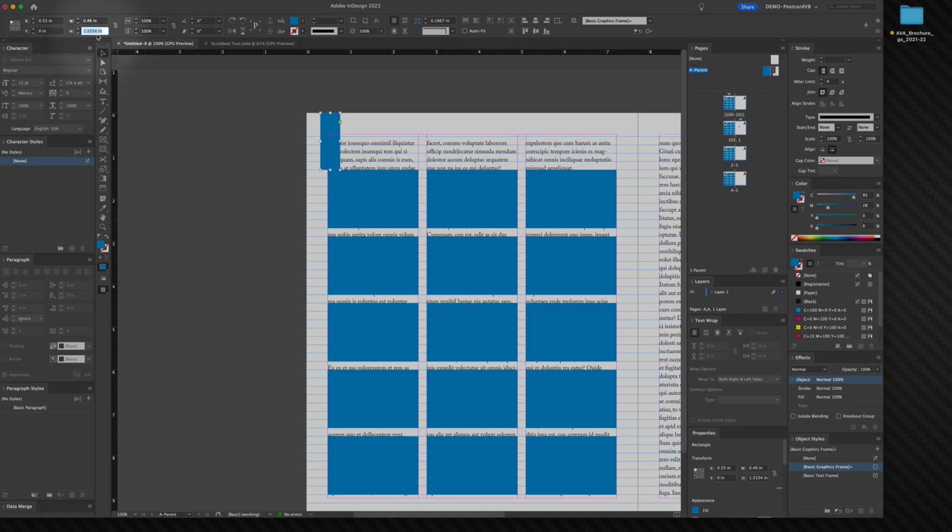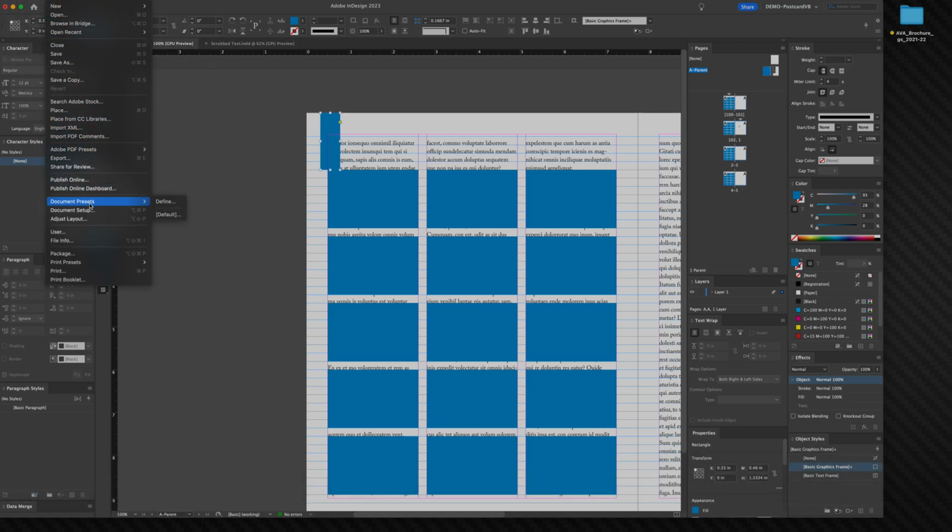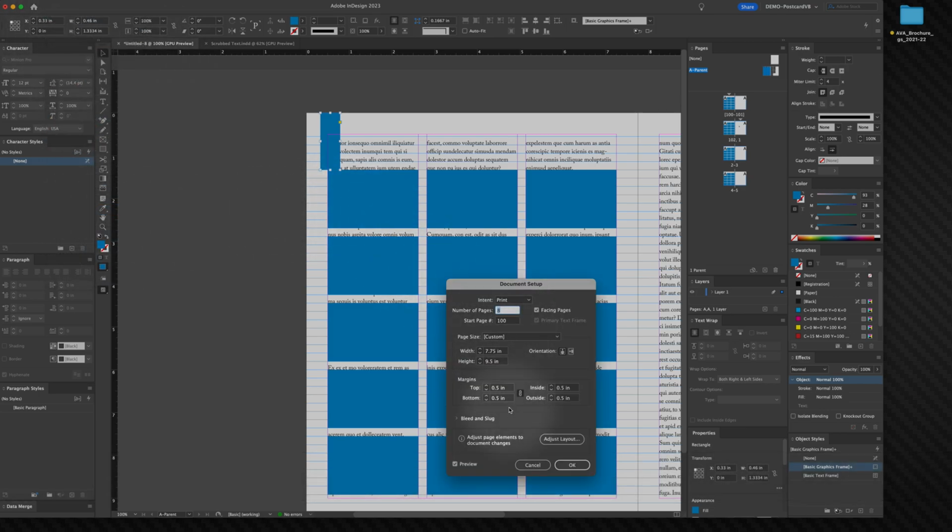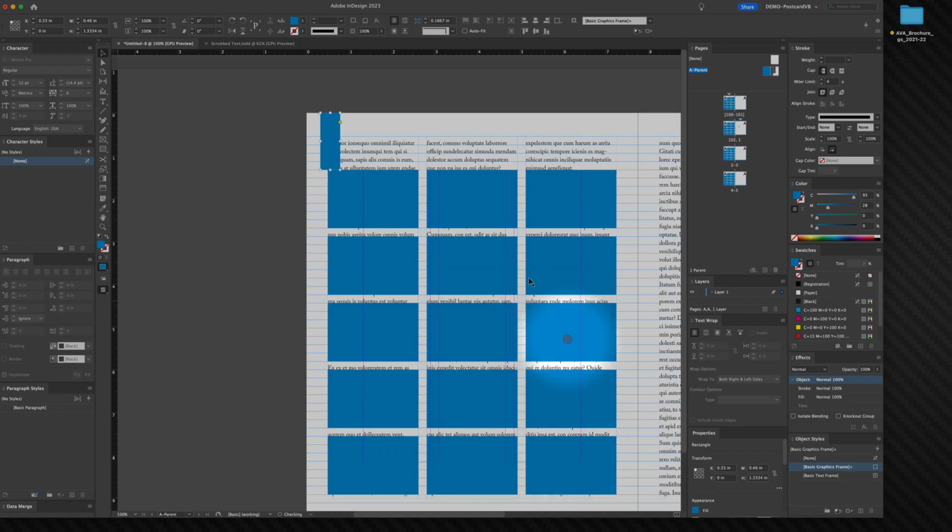It's 1.3334. I'll copy that, and then I can go into my document setup. My top margin now should be that 1.3334. Say OK, and